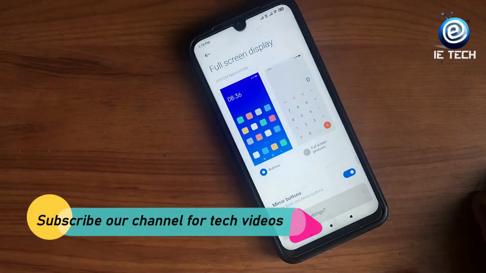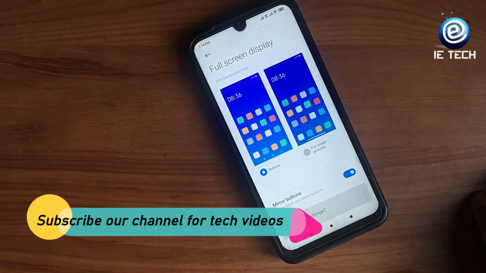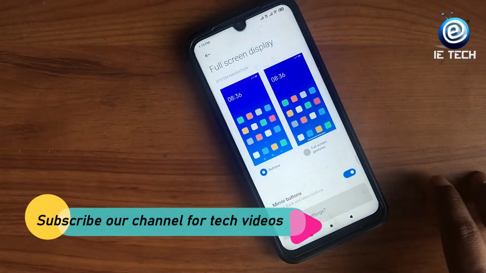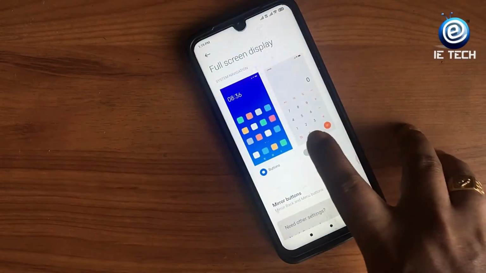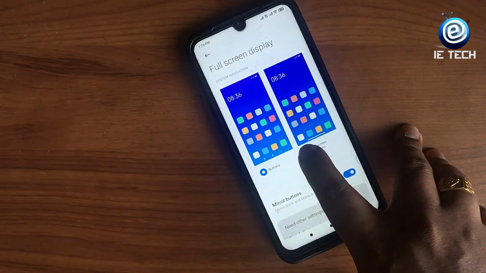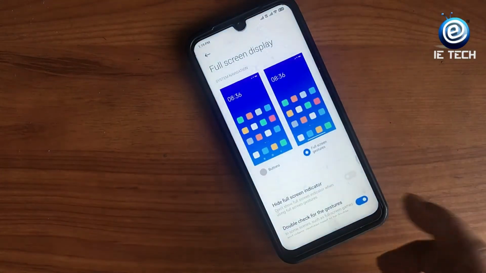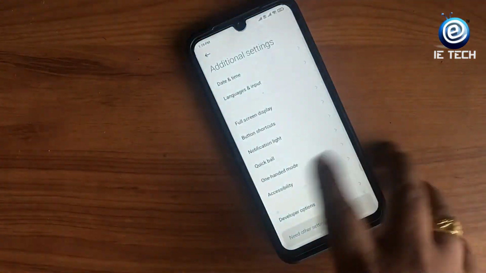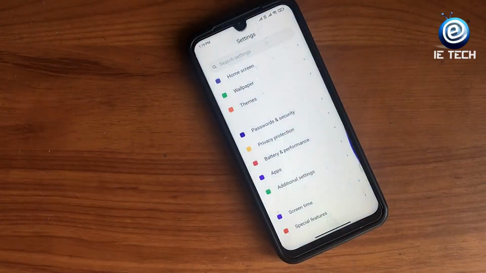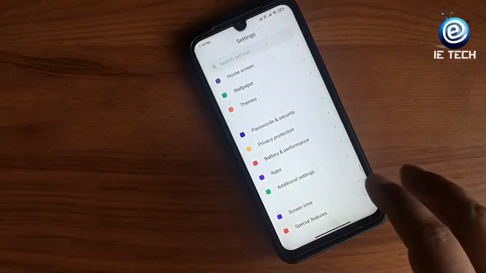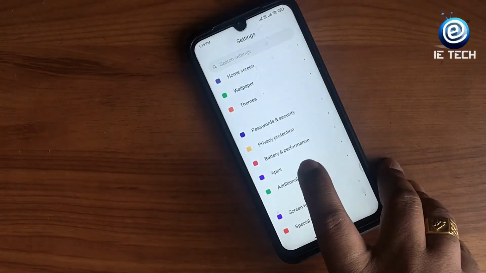Screen display, when we go to the full screen display, we are using the buttons now. We can go to the full screen gestures as well, and I found that the full screen gestures are quite not very optimized in my opinion, because if they were optimized, they would be faster, but what I saw is they're not very optimized.